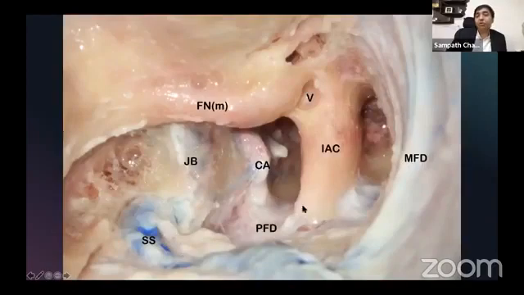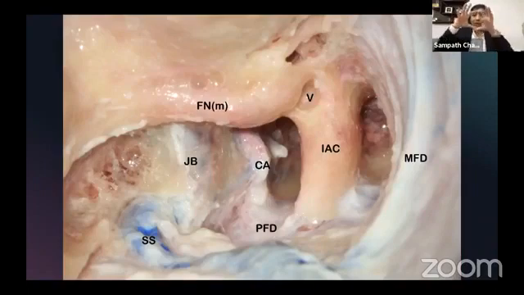The earlier IAC exposure was to about 180 degrees. In the enlarged translabyrinthine approach, there is always a 270 degree exposure. And in type 1, you go even more around the IAC, up to 320 degrees. In type 2, you go all around, 360 degrees. You can do whatever you want because you now have a wide lateral exposure. You can go with the instrumentation and drill. Otherwise, you would have had a smaller approach.